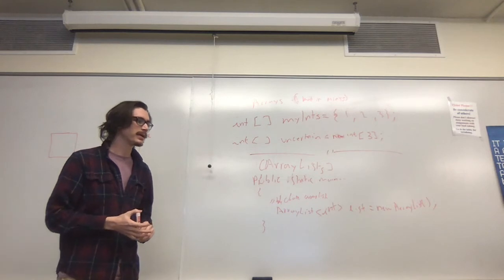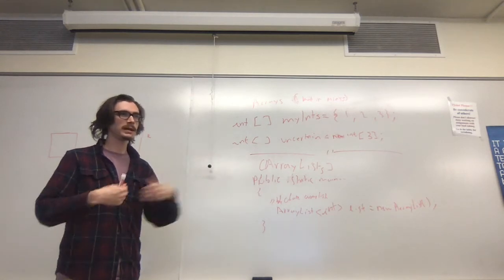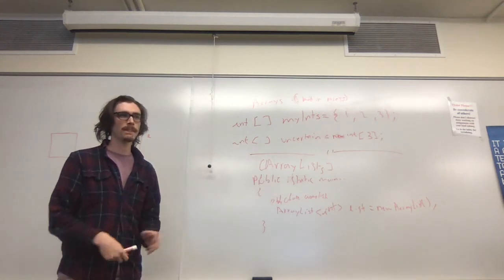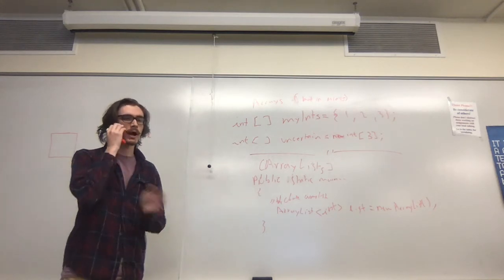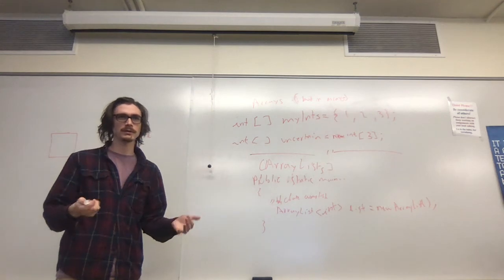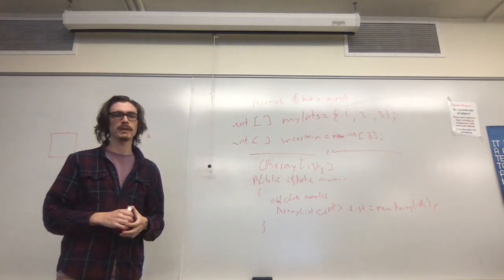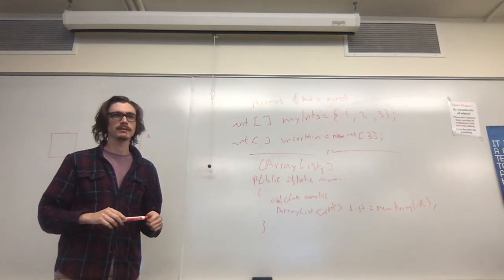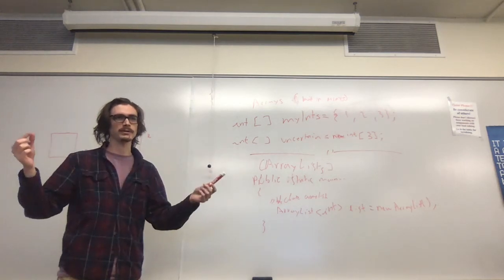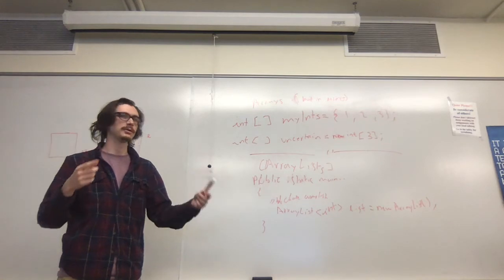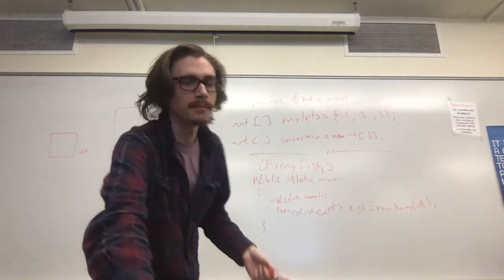So file I/O always starts, if you're reading in, the file has to exist. You have to know the path to it, whether it be relative or absolute. Do you guys know the difference between absolute and relative paths? Sort of. So an absolute path is the direct path to it, starting, if you're on Windows, with the drive letter to a